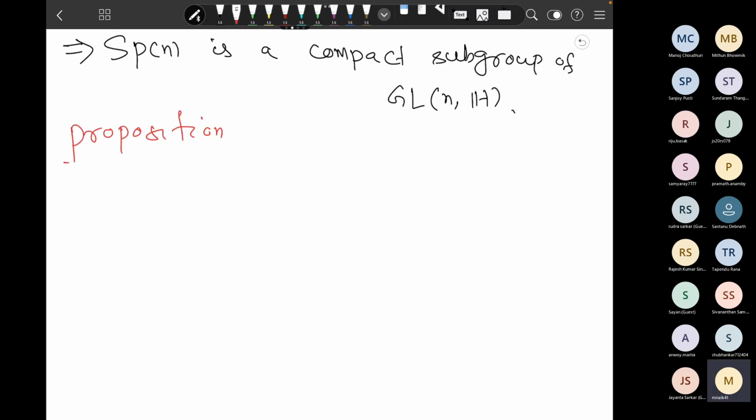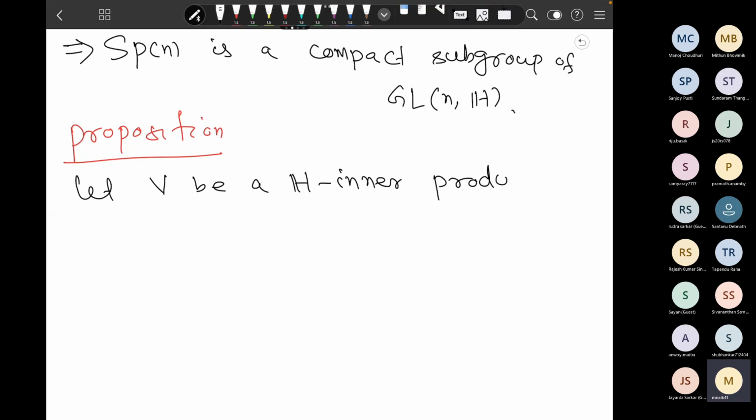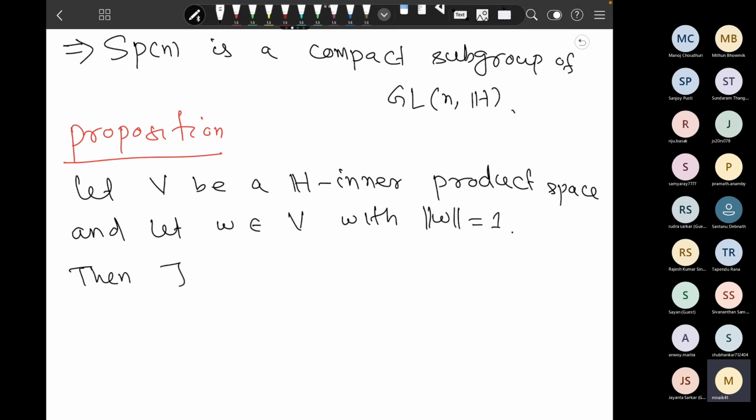Let V be an H inner product space, and let W belong to V with norm of W equal to 1. This is the inner product norm. Then there exists an orthonormal basis